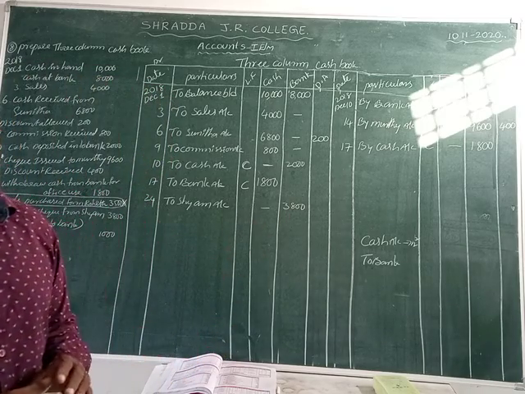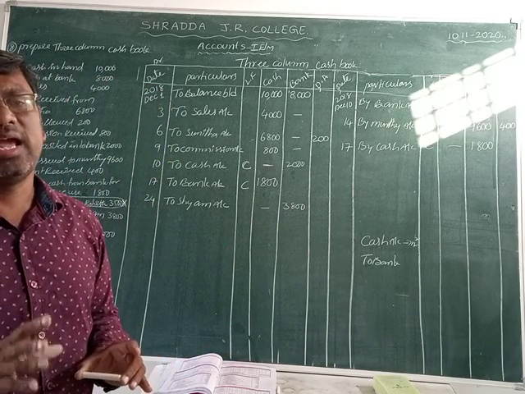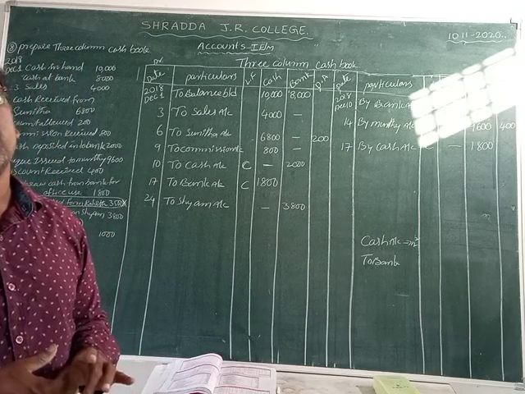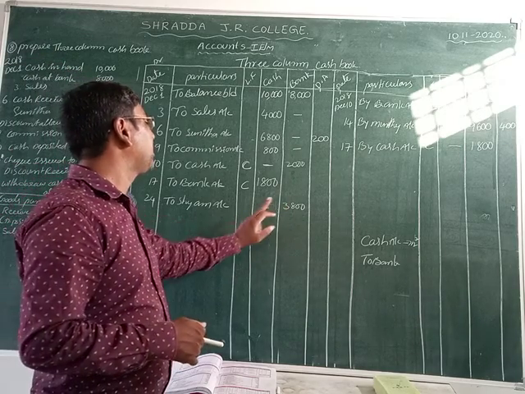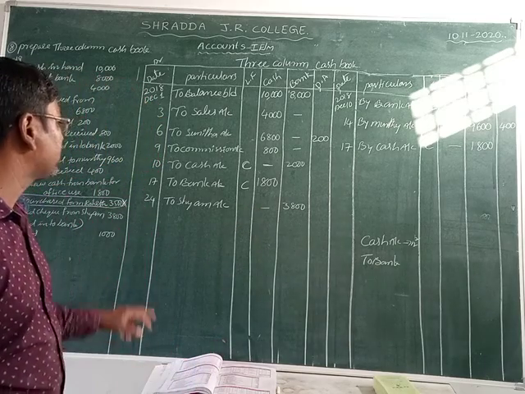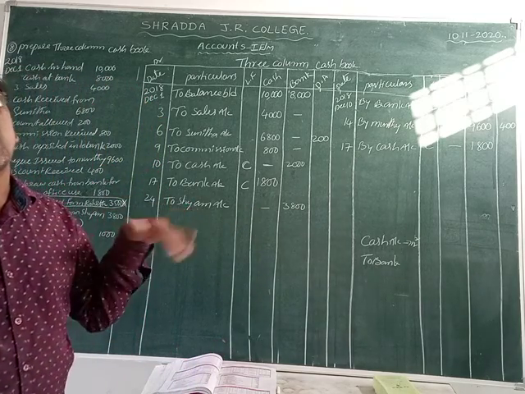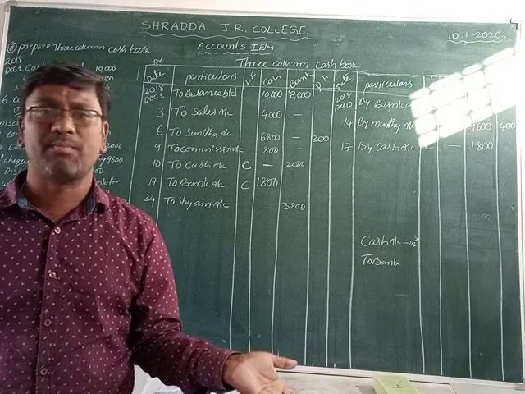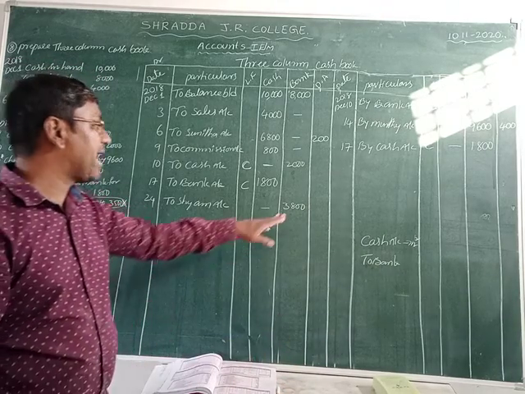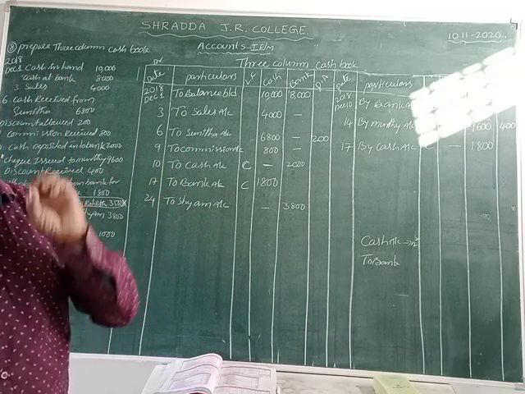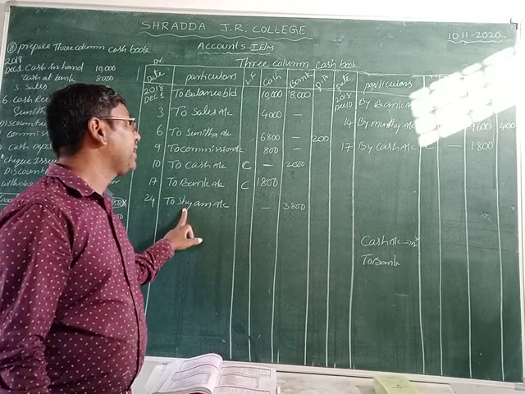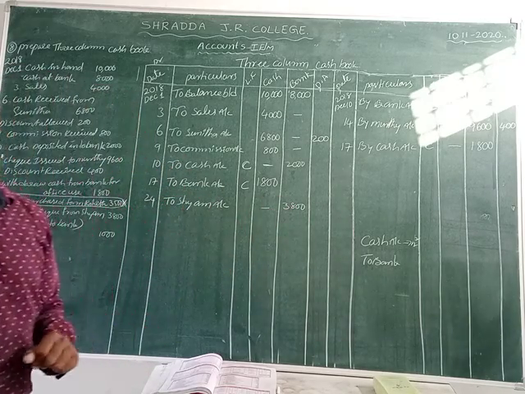We can take the check but not record it on the same day; we record it the next day. Then we take it as a contra entry, and this amount we record in the cash column. Why? Because on the same date the amount has not gone into the bank. That's why we don't take the bank column. But here the check is deposited on the same date. That's why we can take the bank column. Okay now, students.